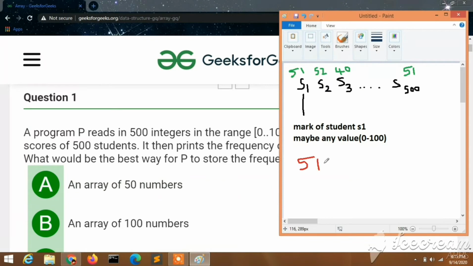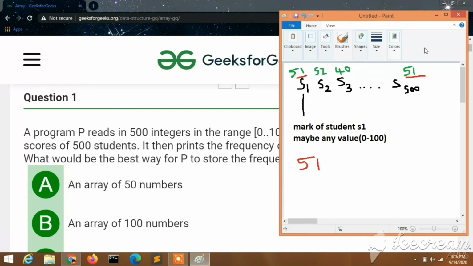Let's take the number 51 first and calculate its frequency. Okay, just check this data and tell me how many times 51 is occurring in this data. This data contains the score of 500 students. Each may have a different value, but let me just assume that 2 of the students have scored 51 marks.